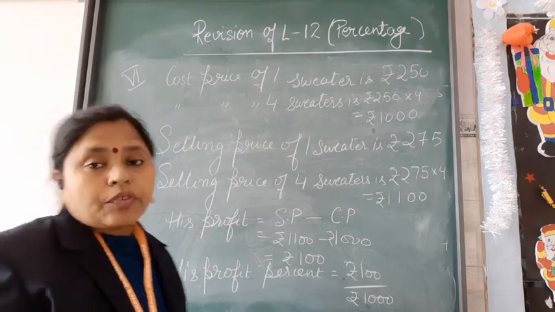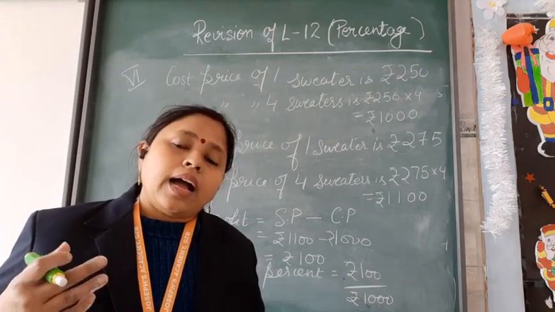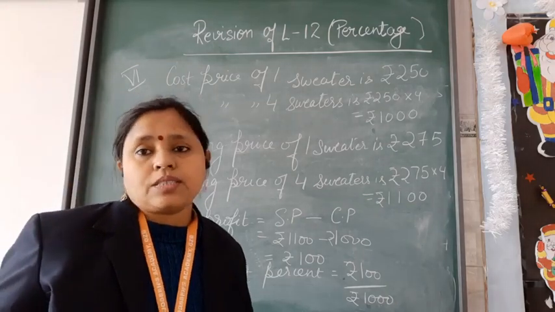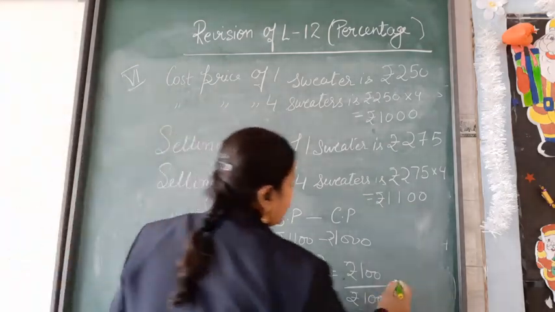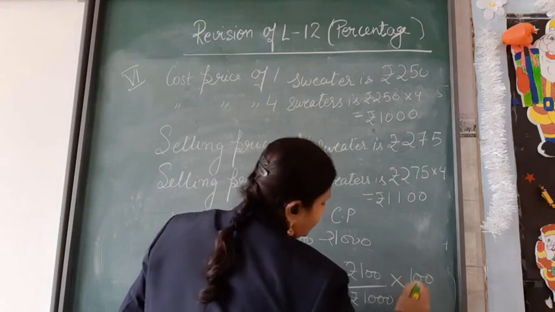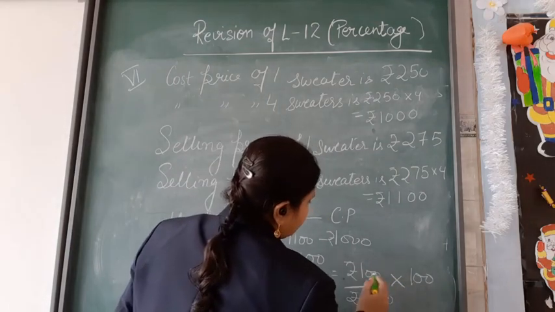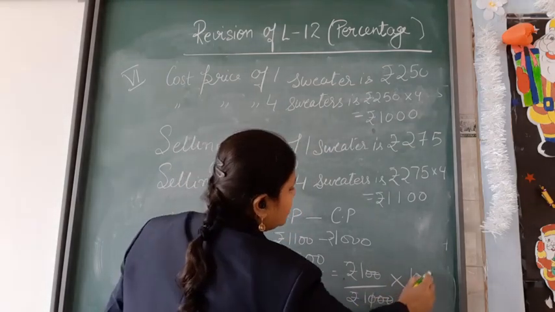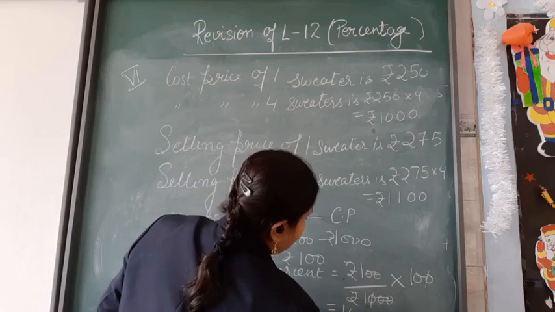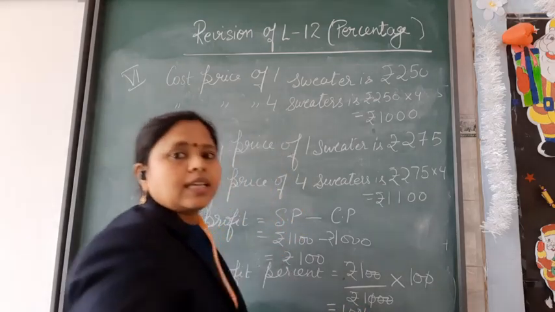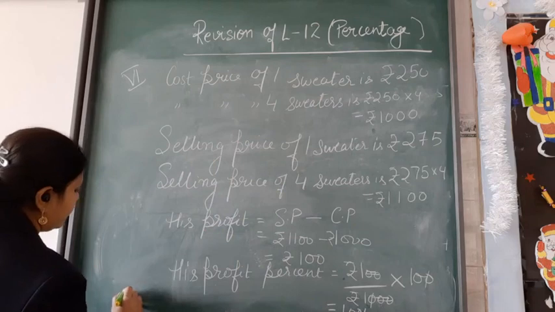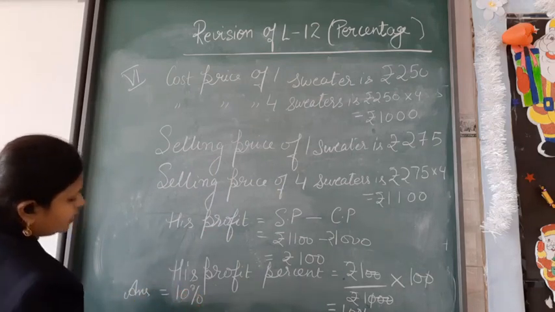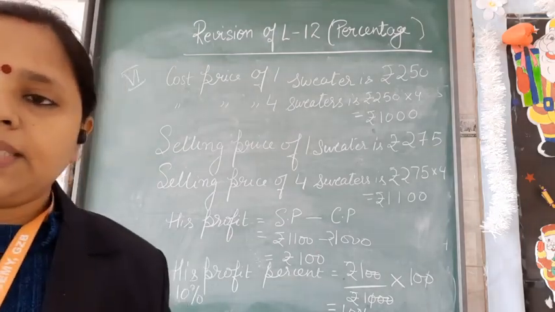So suppose if he bought the 4 sweaters for rupees 100, as when we find out the percentage, we always multiply by 100. So if you bought the sweater for rupees 100, then what was his profit? Let us see. So these two 0s get cancelled, and you will cancel this 0 also. So now what is left? Well, his profit percent is equal to 10%. So this is equal to 10%. This is his profit percent.